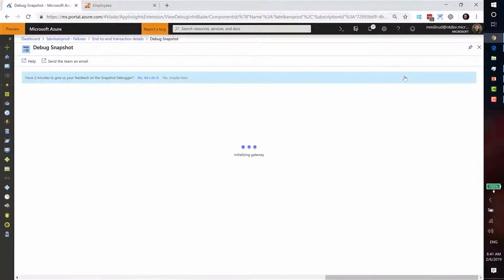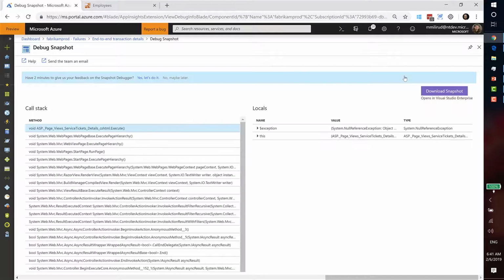You only have about 20 millisecond impact on a critical path, and then it just keeps going. And that's made possible because of the operating system feature that we're leveraging called shadow copy of the process, where we make a copy of that process, do a dump on the copy while the original instance executes. Right? The beauty of this is that right inside the portal, without ever leaving the portal, without having to remote into your instances and live attach debugger to a process slowing down production, I can go and examine what happened